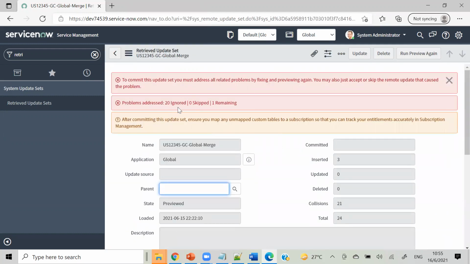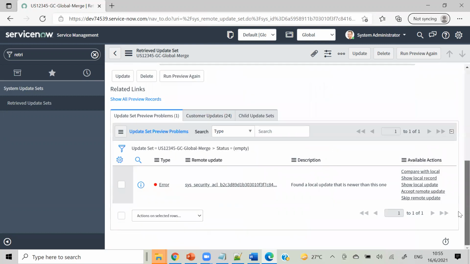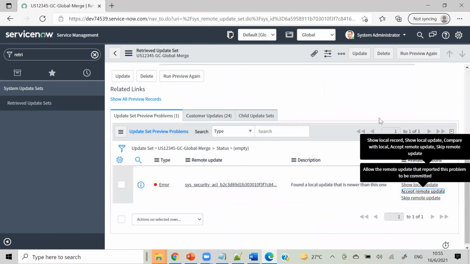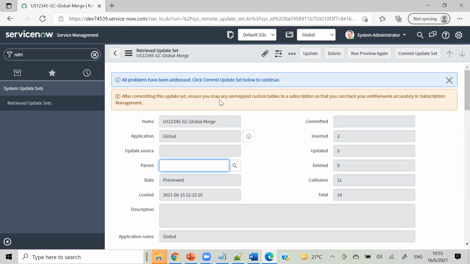Yes, 20 ignored and one is remaining. So what is that one? Yeah, because they are showing only 20 records in one page, right? So here I'm directly clicking on accept remote update set. Now you can see all the problems have been addressed. Click commit update set to continue. So okay, I am clicking on commit update set.